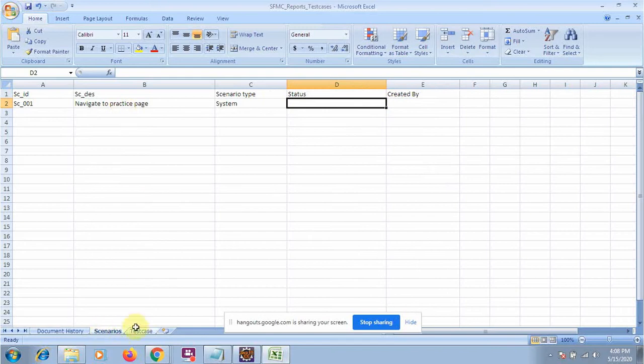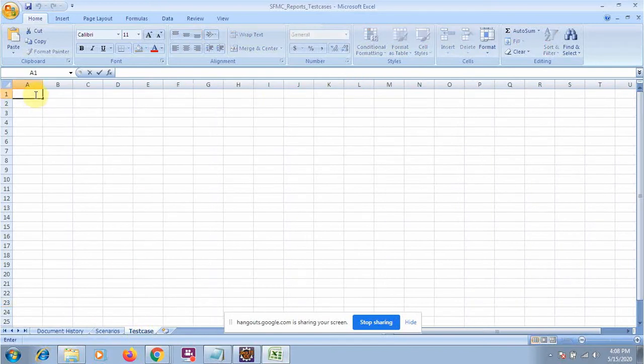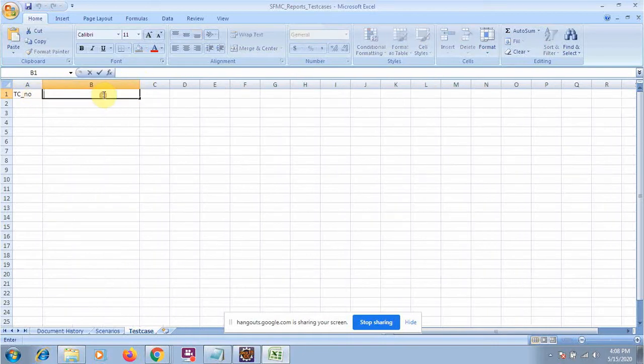And for this scenario, we will write our test cases. I will have the TC number, then the test case description, and then steps, expected, and actual. These are all the things we have basically.